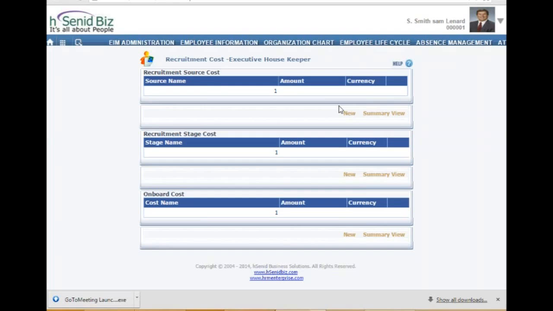No, no. This is a cost for a particular recruitment. That means, say, I'm recruiting a marketing executive. For that particular recruitment, how much I have spent, how much time the company has spent, and those kind of things. Or say, if we have recruited that person through an outsourced company, something like that. So you can track your expense here.